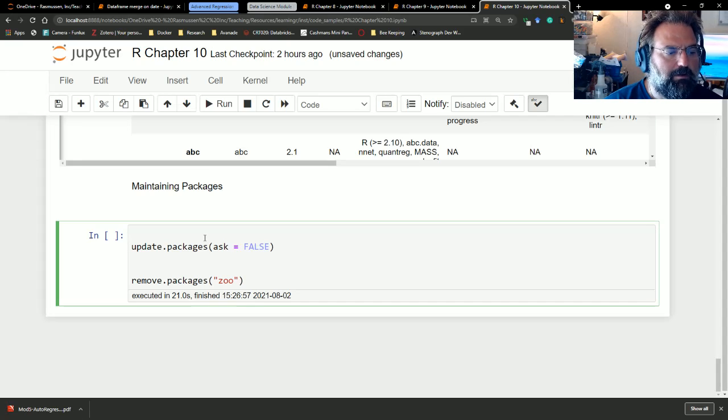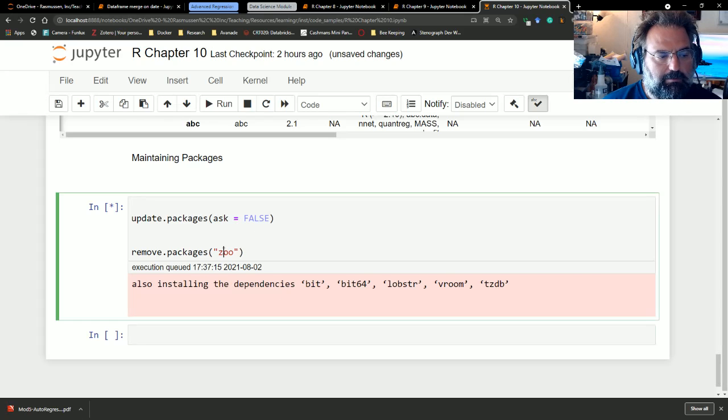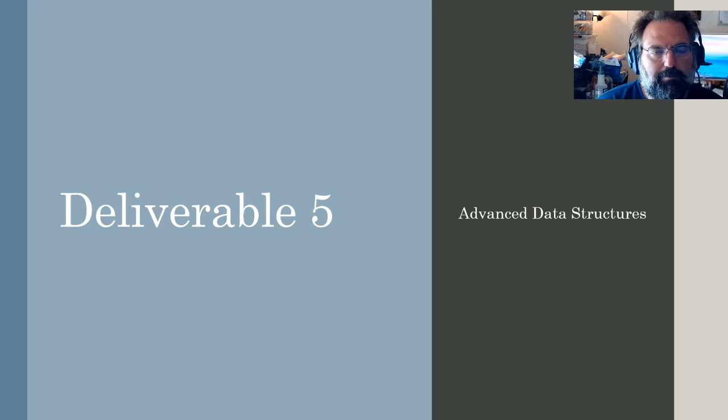And then you can also remove packages programmatically, so you can go out and get rid of a package that you no longer desire, such as Zoo. And while that's running, we'll go ahead and switch back over and talk about deliverable 5, which centers on advanced